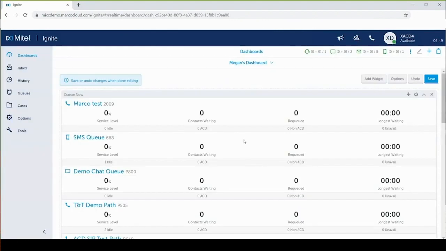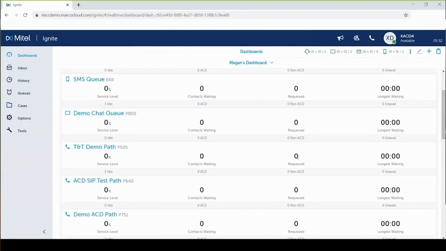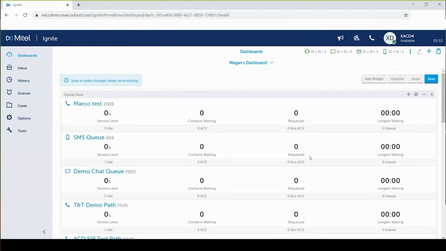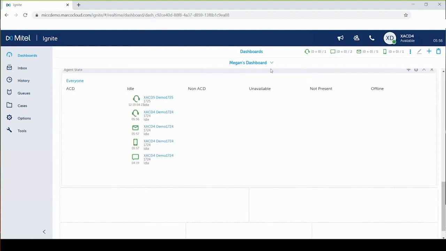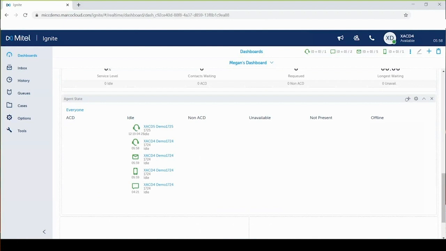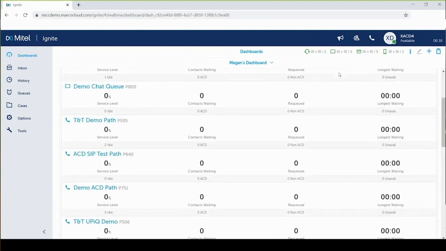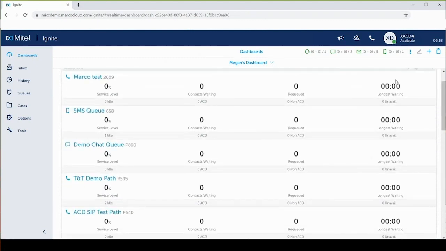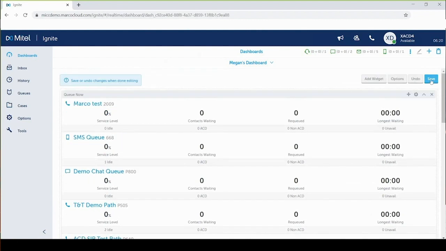If you do want to change the organization and layout of your dashboard, you can move the monitors to different portions of the screen. For example, I can click on the navigation tool for agent state and move that to the top of my dashboard rather than viewing the queues first. Once you have that in the view that you prefer, then click on the save at the very top of